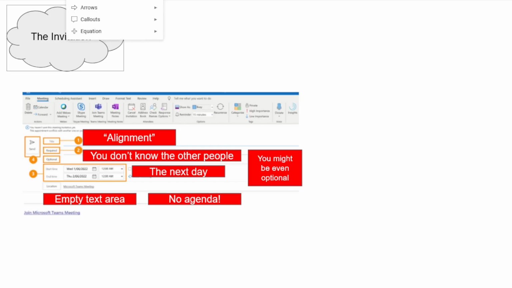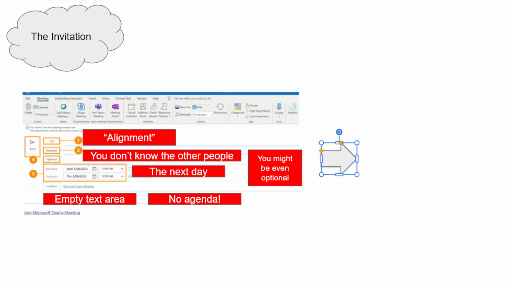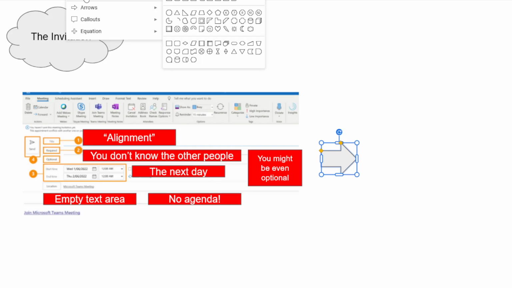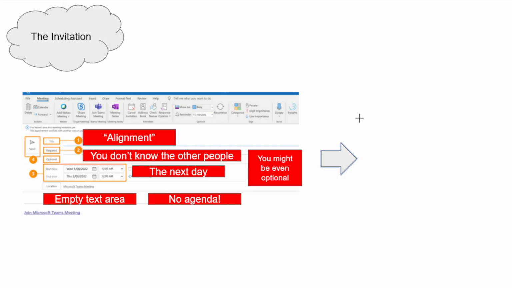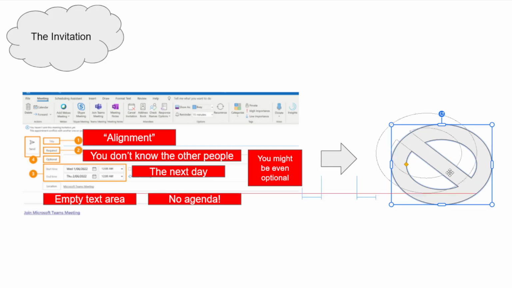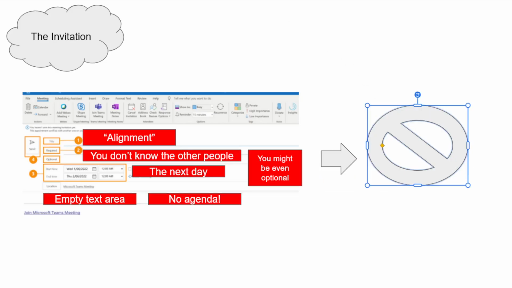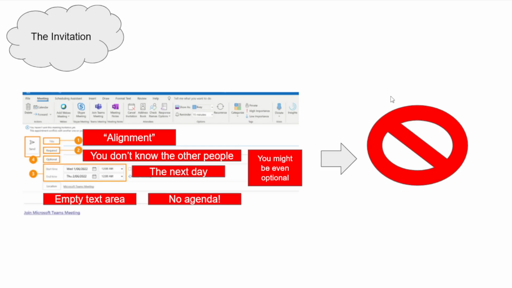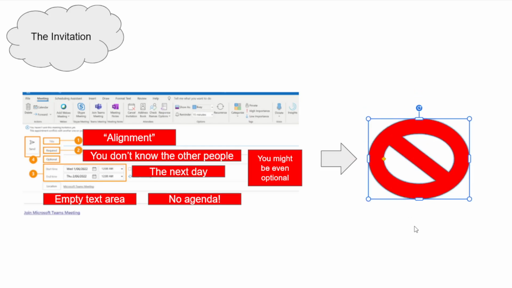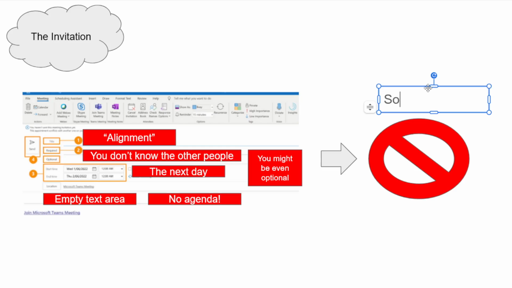And I have a very simple solution to that. Let me show you a very, very simple solution. And that goes like this. And then we need some other sign. It doesn't matter. So this one. So you simply reject meetings like that. Okay? So you don't go in that meeting under no circumstances. Solution: reject